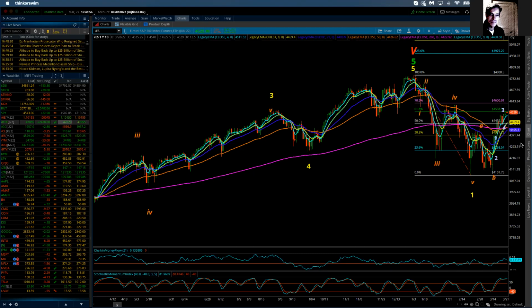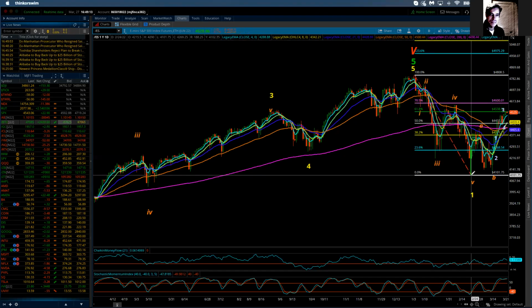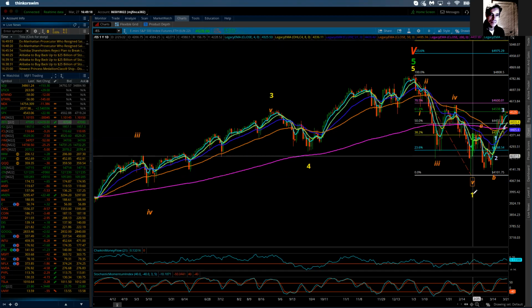So beginning with the daily chart for our daily update, here is where I believe we are and where the count and the labeling have changed. What I have now done is that at the 4101.75 low, which was on the 24th of February, that is now the completion point for intermediate wave 1.